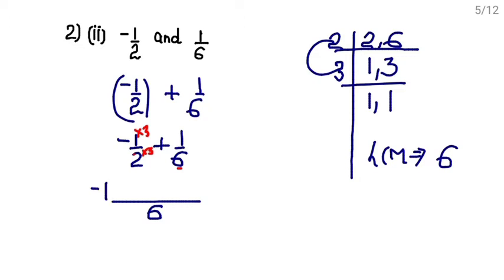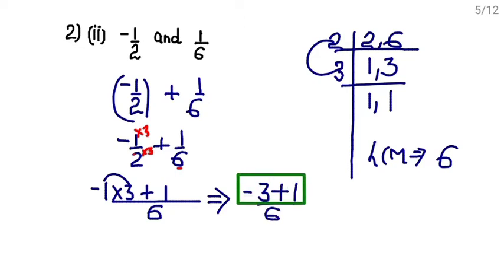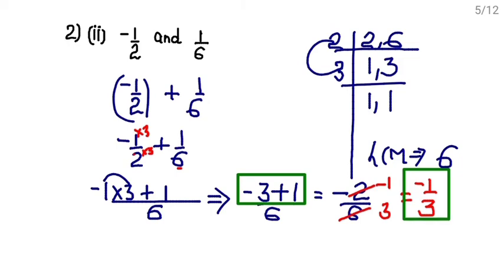So right here, minus 1 multiplied by 3, plus 1. Solve it. 3 ones are 3, of minus sign, plus 1 upon 6. Both these numerators have different signs, so these will be subtracted. 3 minus 1 is 2. Sign will be of the greater numeral, which is minus, upon 6. This numerator and this denominator both are divisible by 2, so cut them. 2 ones are 2, 2 threes are 6. This is of minus sign, so what are you getting? Minus 1 upon 3. So this is your answer.